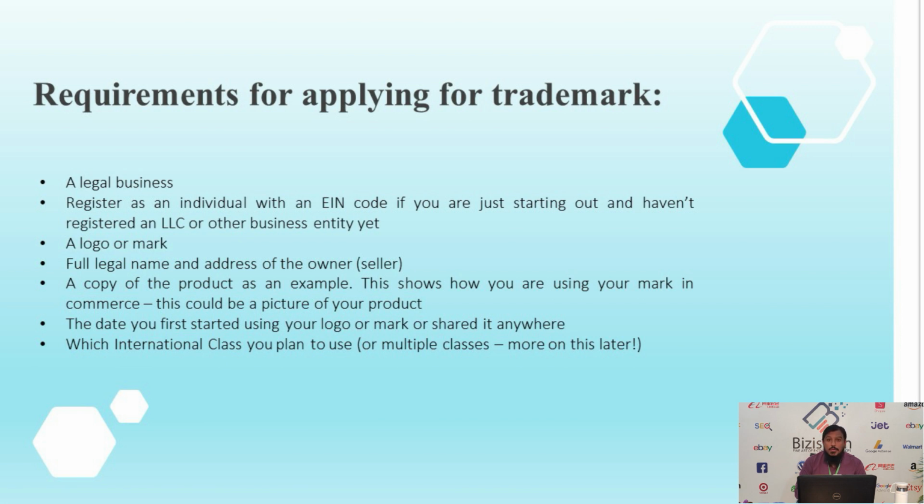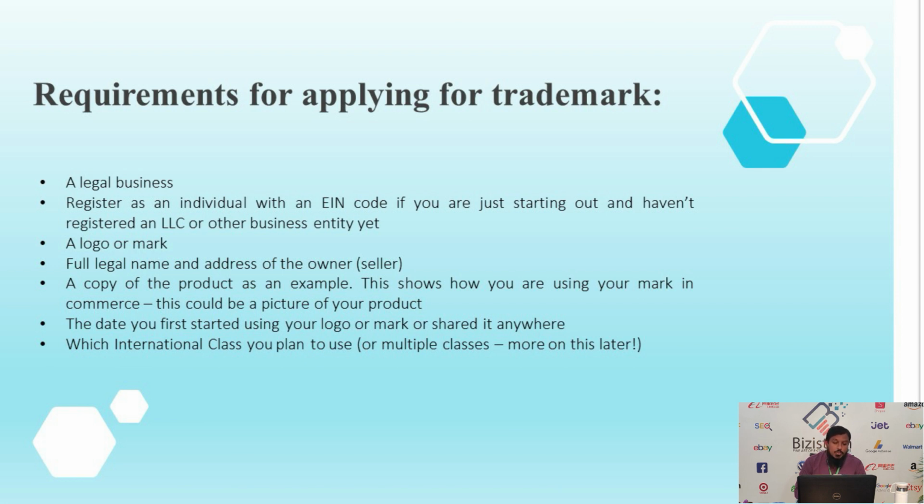But one thing you have to keep in mind: if you are not from the USA, and you are registering a trademark from any other country like Pakistan or Dubai, then you should have a registered company, because if you register a trademark individually, the physical address is compulsory. The next requirement is a logo or a mark on which you are going to register your trademark,